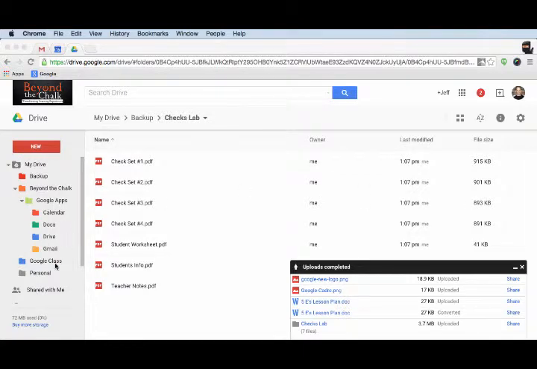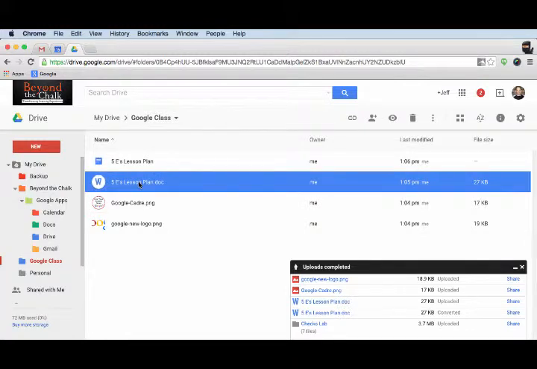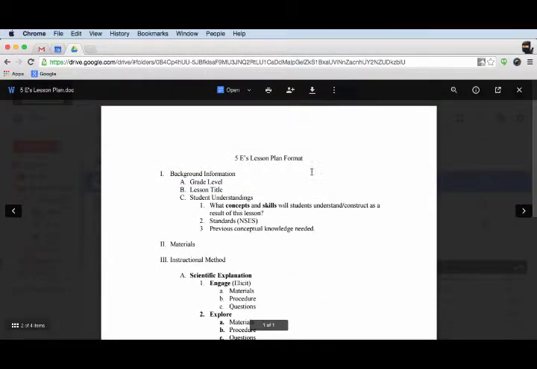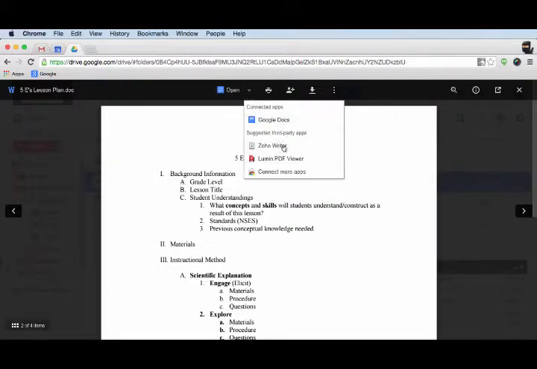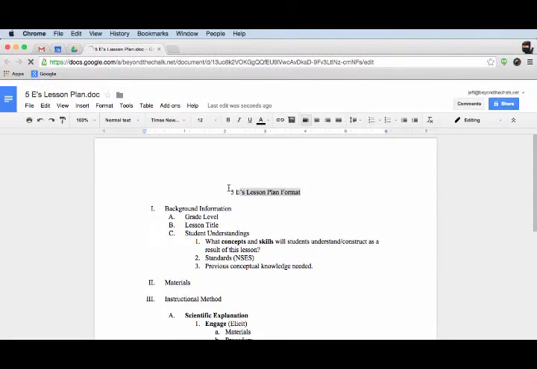Let's look at one more thing. I'm going to come back to the Google class here, and you notice I've uploaded this file right here, and let's say that it's uploaded, it's into Drive, but I want to work on it and convert it. So remember, if I preview this, it looks like this, so I can't really edit this. It's just showing me that this is what the document looks like. But you notice up on top up here, I can open with Google Docs. Now if I had several docs, you'll notice that there's a couple apps that I can use. But if I click on Google Docs, what it does is it now goes through that conversion process and it's going to allow me to come in and now I can edit this document